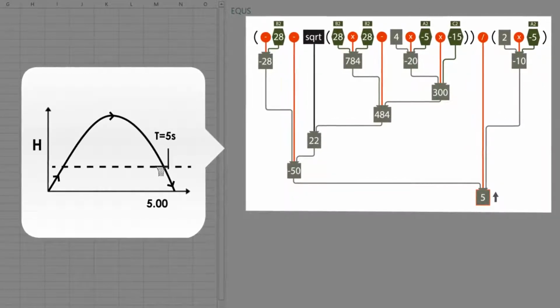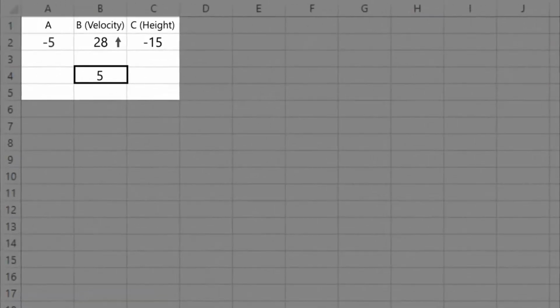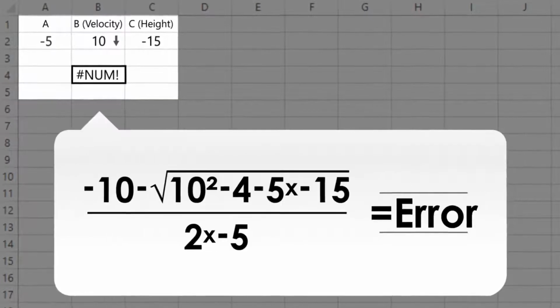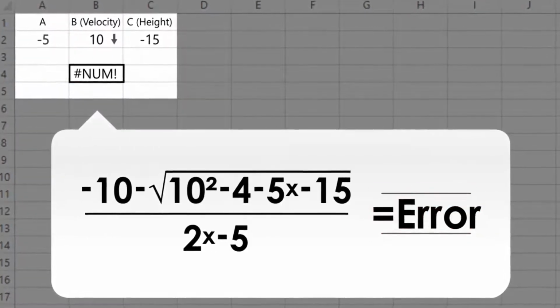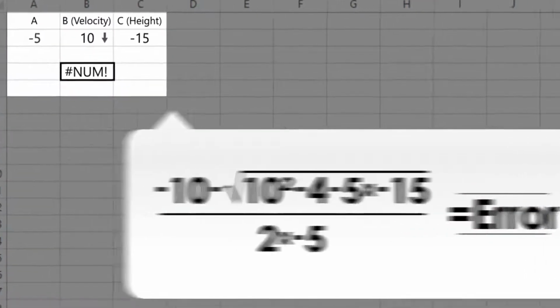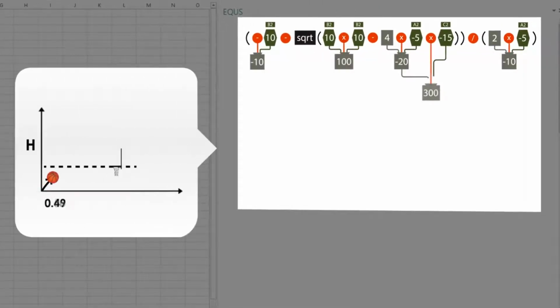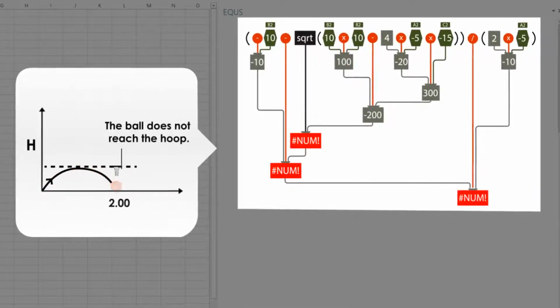So, the student tries reducing the speed. They try 10 meters per second. Okay, but now Excel shows an error, #NUM. What does that mean? Well, EQUS shows the calculation in breakdown, and in particular it shows that the square root